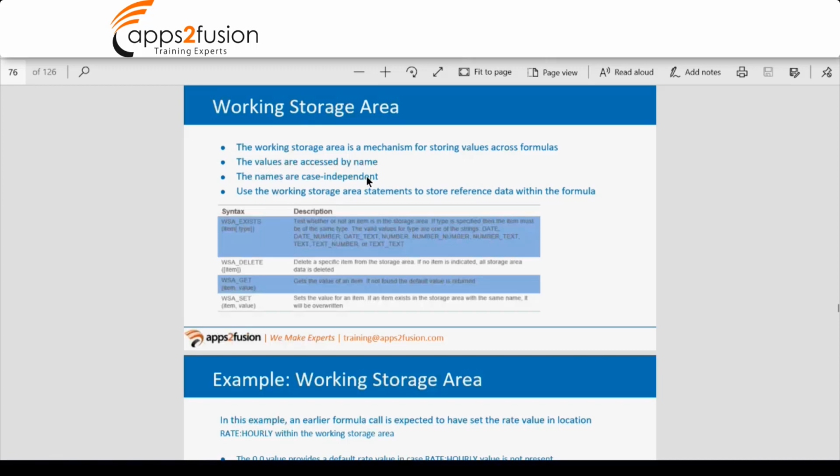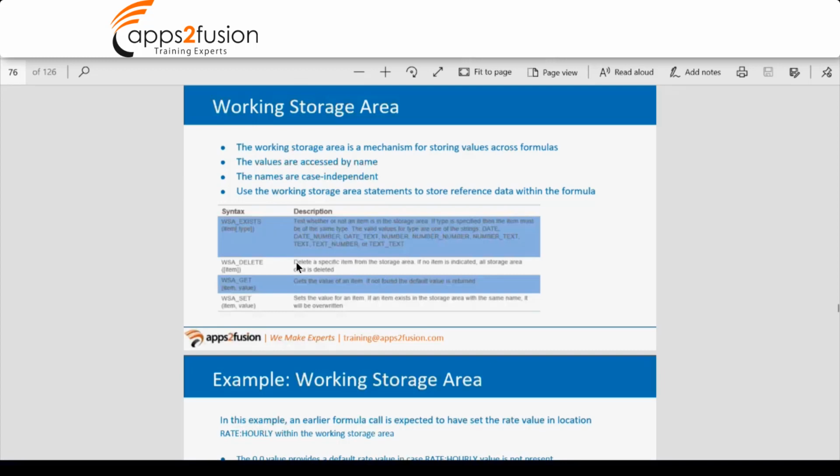The values are accessed by name, and the names are case independent. Here the names are the working storage area items. You have to declare and define each item.